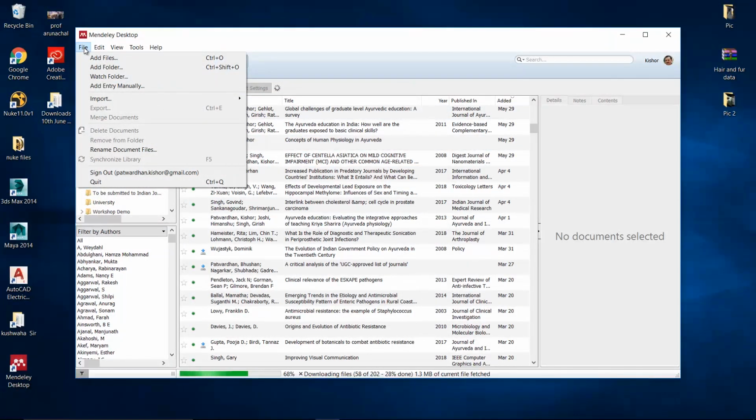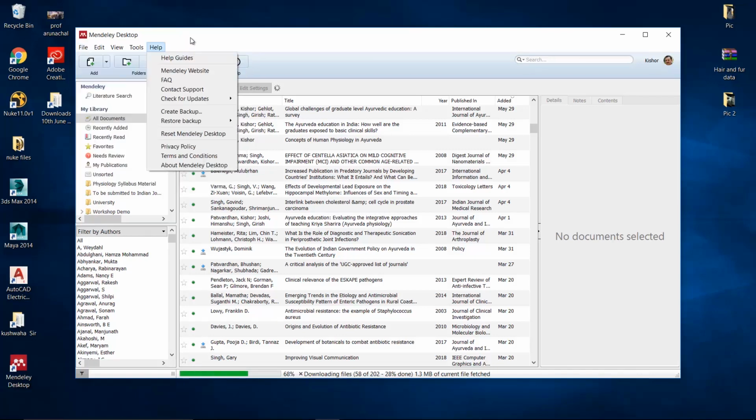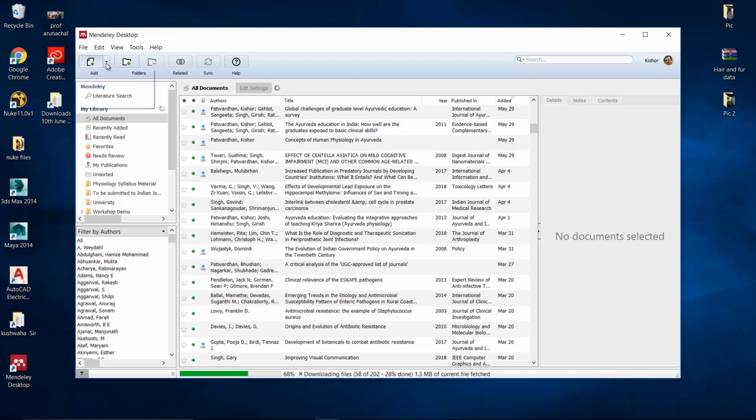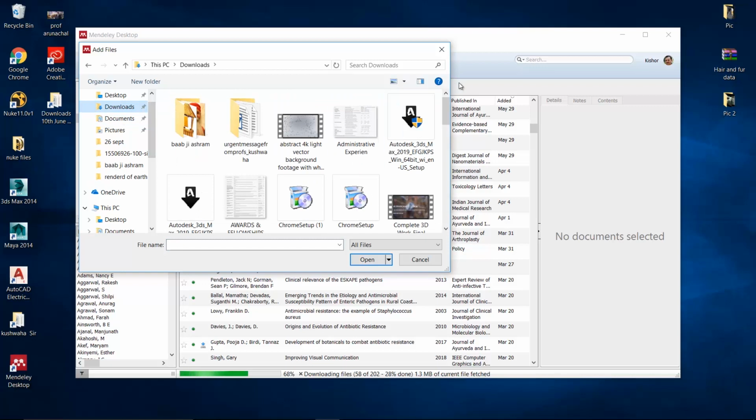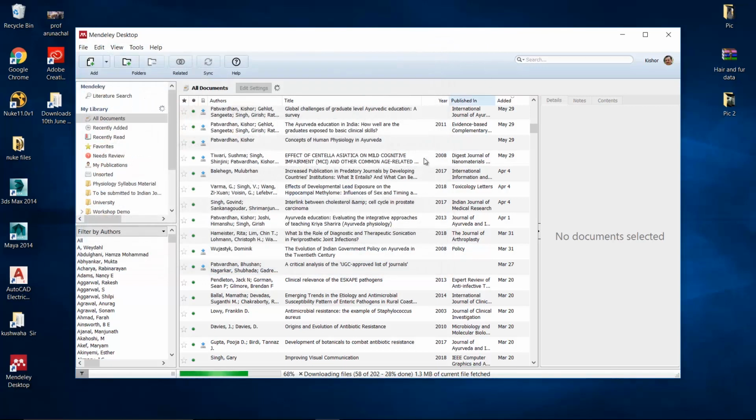Here you can go to the file menu and then add files. This is where you add files simply by clicking add files. Now there might be some PDFs that you have downloaded, and you can just click on those PDFs and add them to your library. This is one method. Another method is